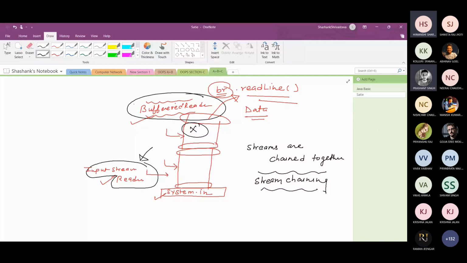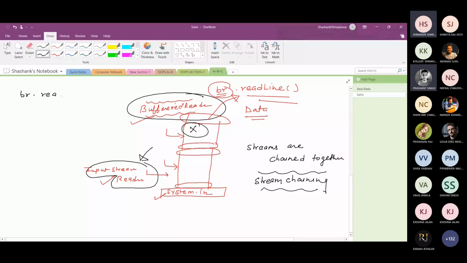So this is the first way. With the help of BufferedReader br equal to new BufferedReader, if you would like to read a character, there is a read function.